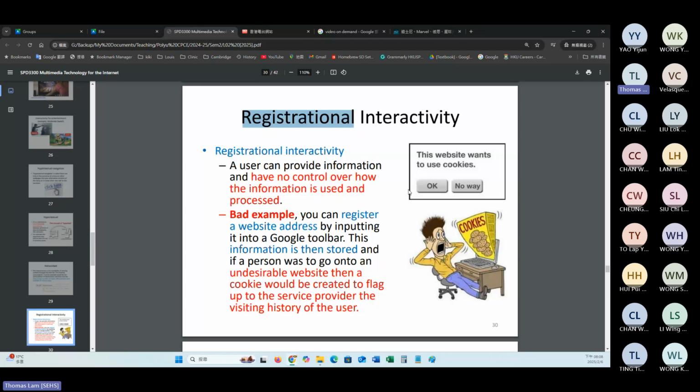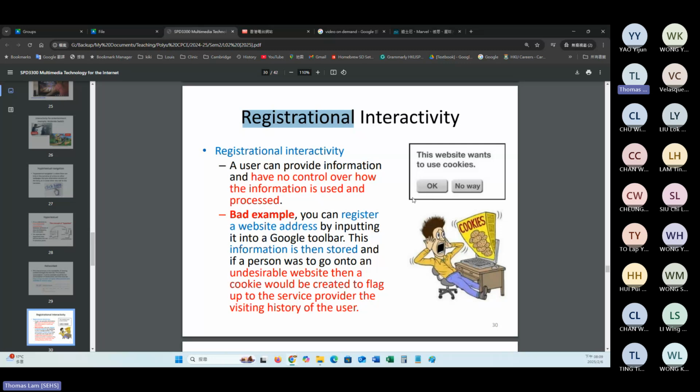Because nowadays the website wants to know more about your background in order to provide more relevant information or useful tips to you. So if you click OK, that means you allow the website to check your cookies and see your history of navigation, and then they can provide something that you may want, so that you may easily make a purchase decision, buying something, and so on.